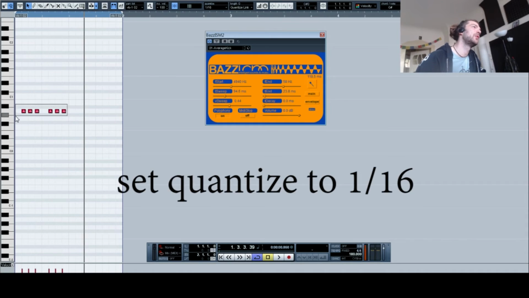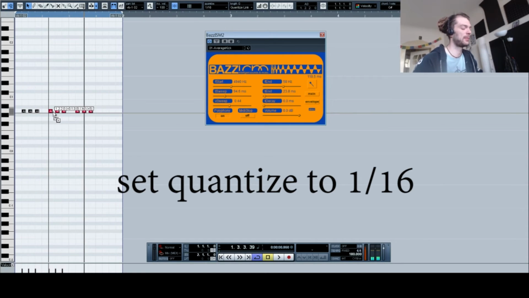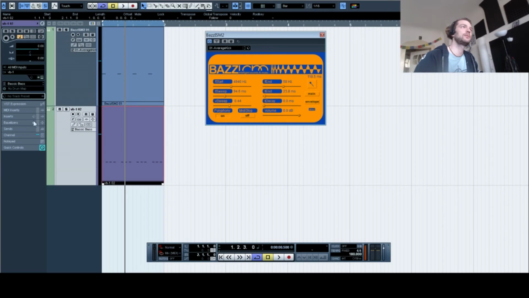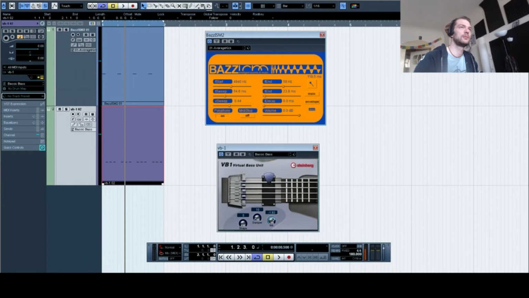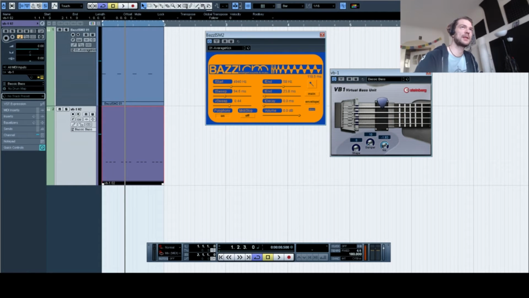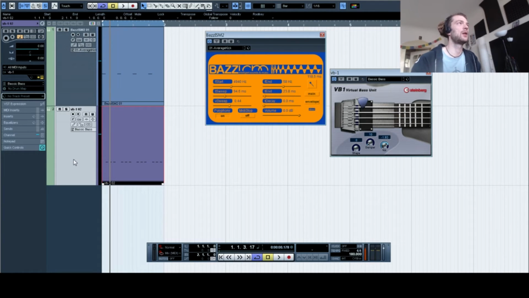Next thing is you select the MIDI notes and you double them by holding A on your keyboard and just dragging them over. Once you're finished with that, you just go to your VB1, take this little blue thingy, pull it to the left, take the black thingy, pull it to the left, and have a listen. Okay, the bass line is still a little bit loud, so what we will have to do